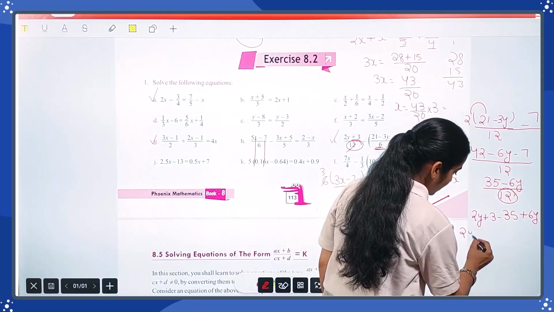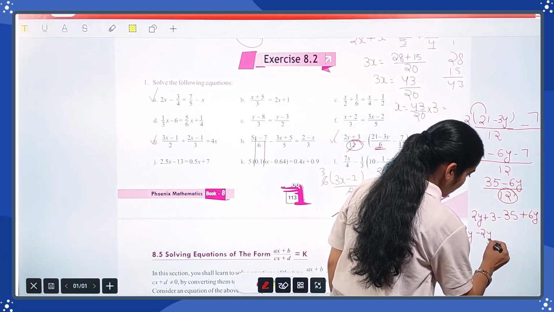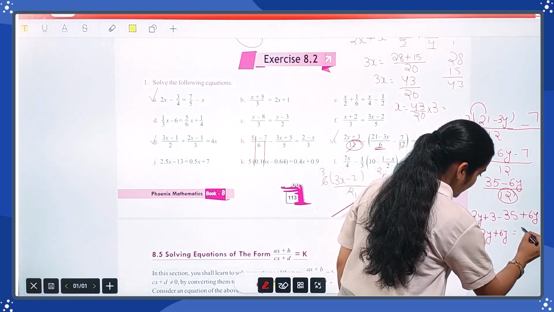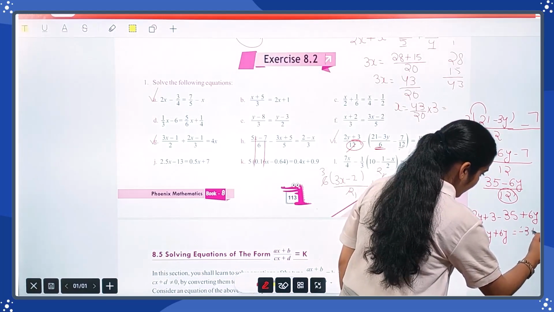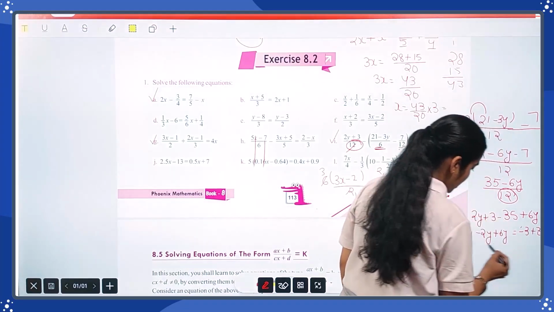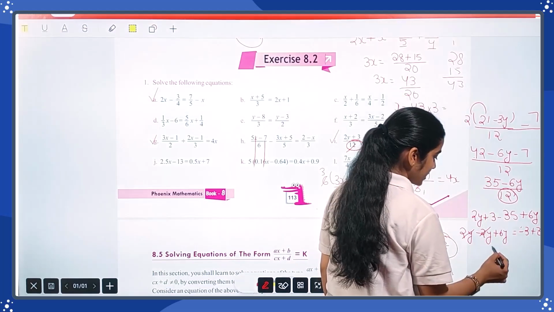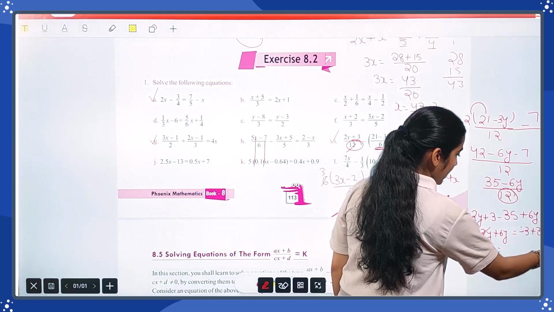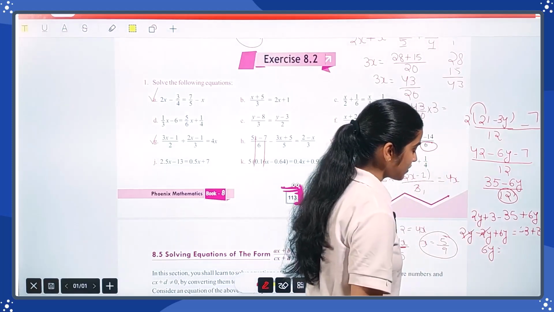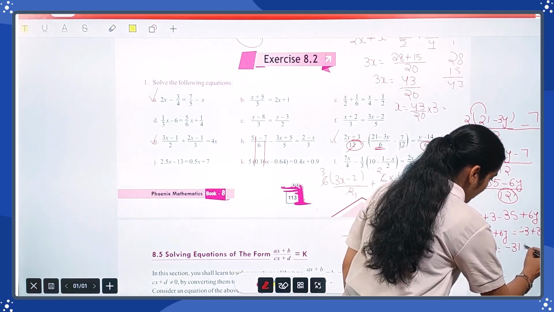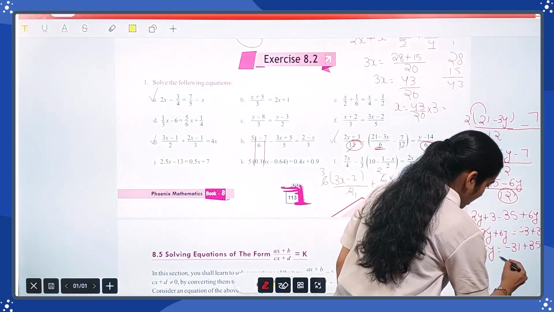So 2y minus 2y plus 6y is equal to minus 3 plus 35 and minus 28. 2y cancels out. 6y is equal to minus 3 and minus 28 is minus 31. So minus 31 plus 35, y is equal to